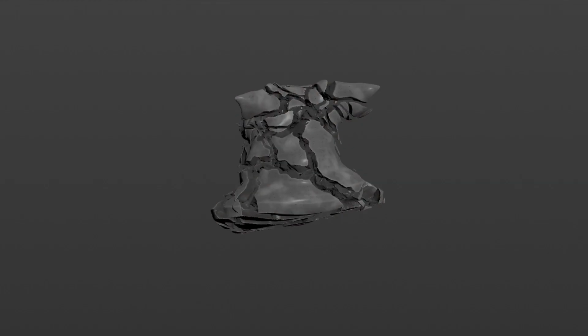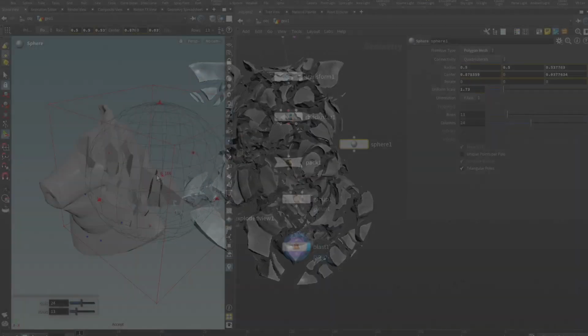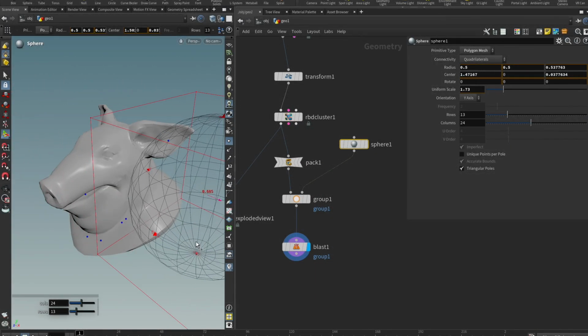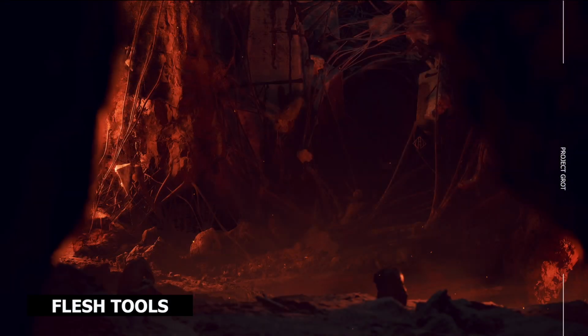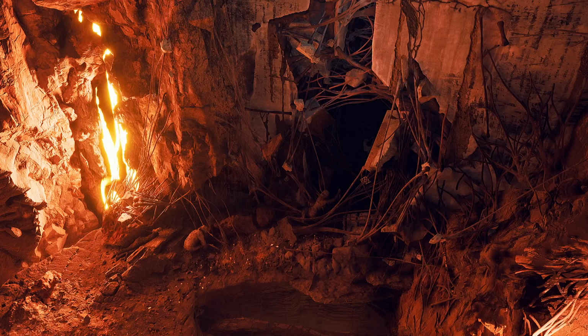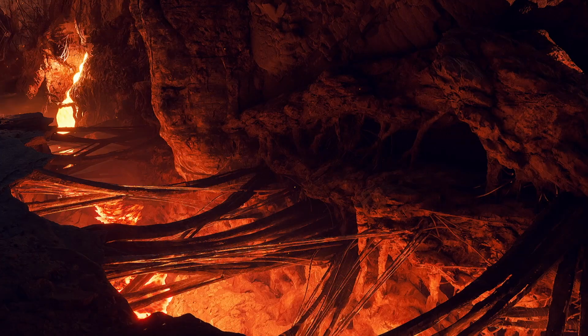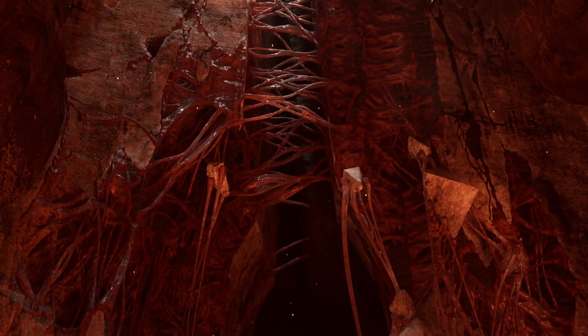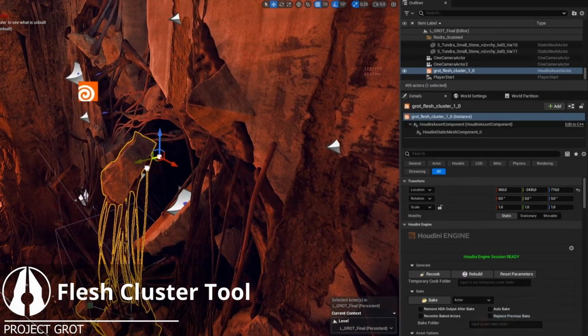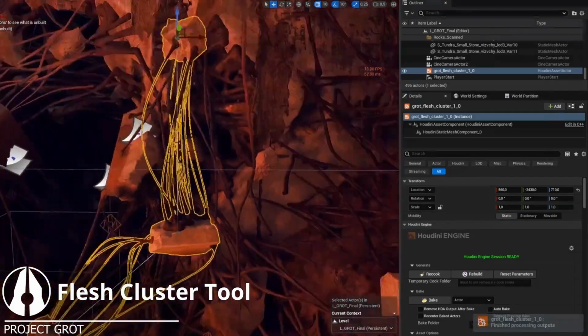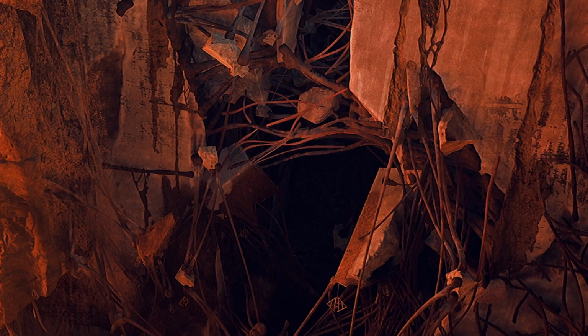In the first workshop, we focused on how to create fracturing for any kind of object to create interesting rock-like shapes. In this part, we want to focus on flesh-like structures that give everything a lot of depth and detail. I think it's important to keep in mind that proceduralism can do a lot, but at a certain point, depending on the project that you're doing, you need to let go of the wheel and give control back to the artist. So what I mean is, as you can see, there's a lot of these floating